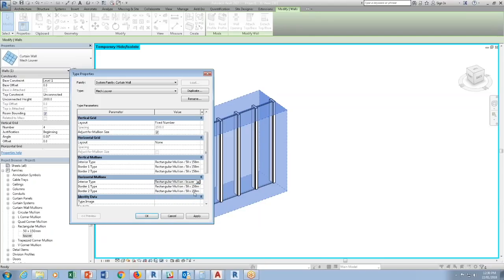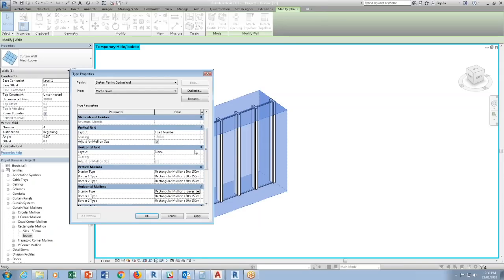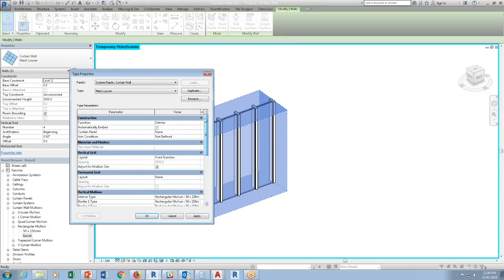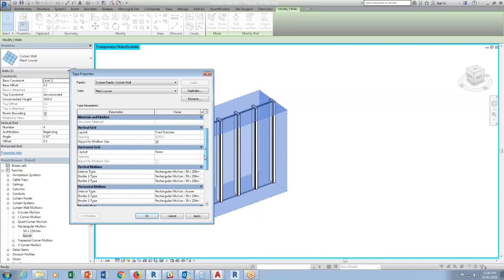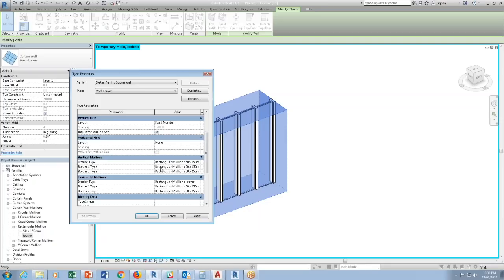But the interior type, I want to use the louver, okay? And then on the top, you want to replace it with empty panel, okay? Pretty simple. So what I have is that the curtain panels, I want to replace it with empty. The bottom part, vertical mullions, you want to basically go just the default size, and then when you do the